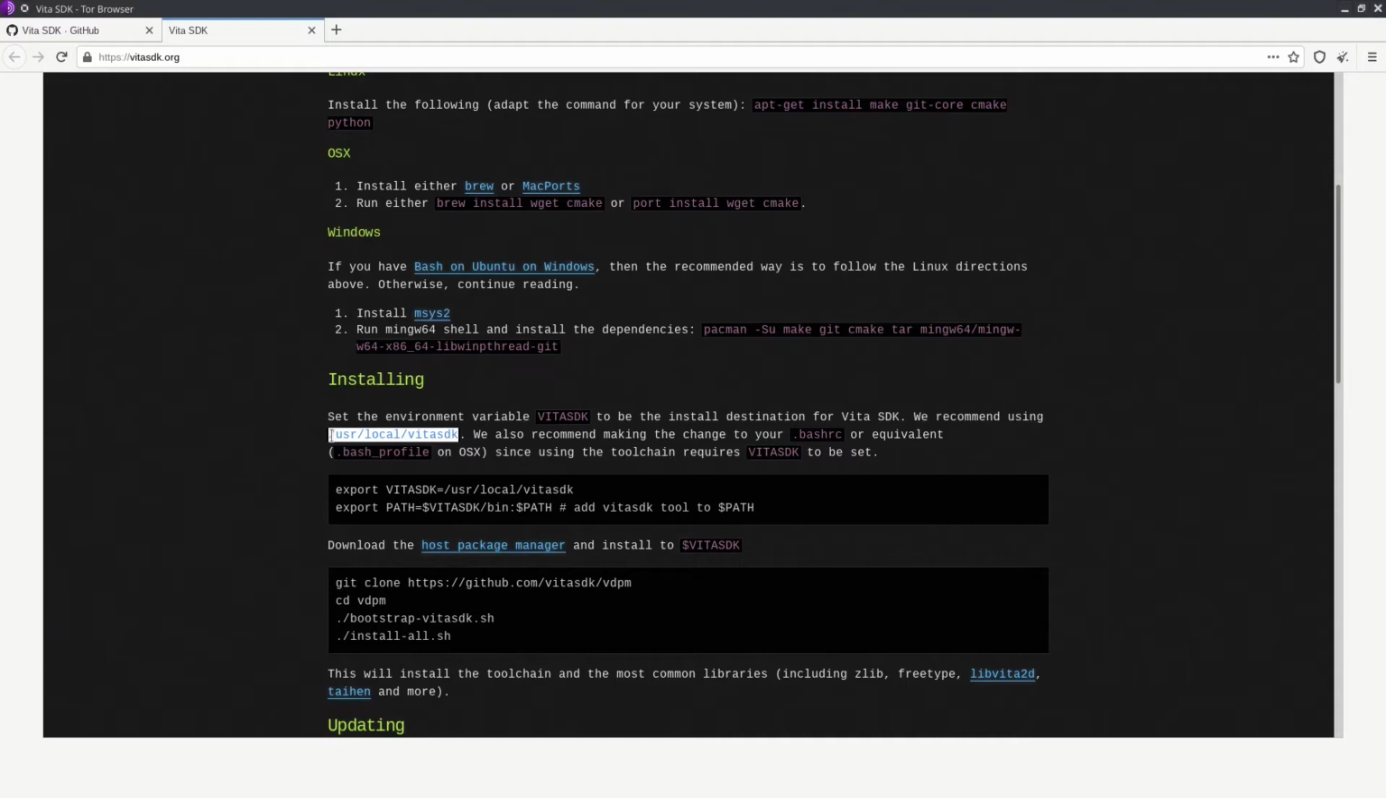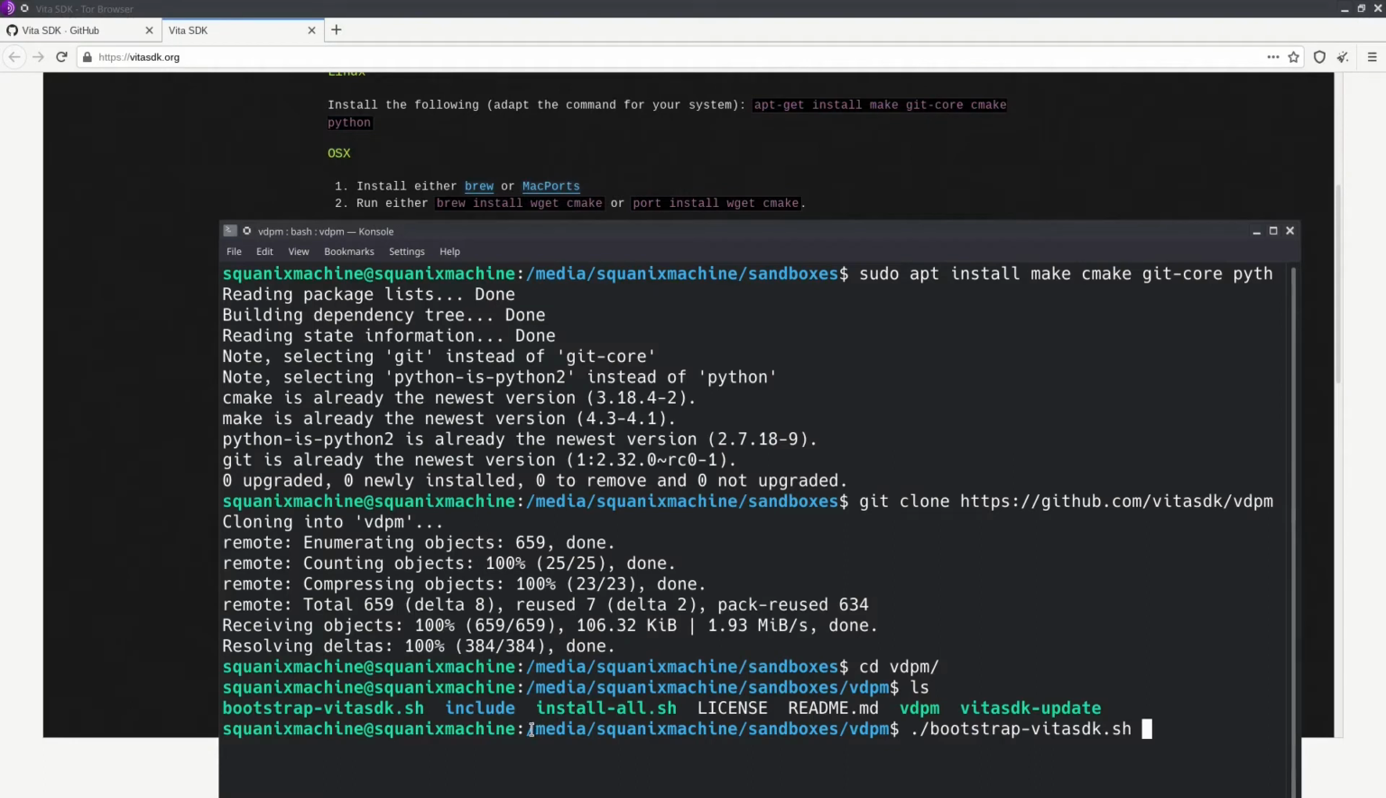If you want to change the installation directory, I want to change it to another directory, that is this media squanic machines and sandboxes directory. In this directory, there is a test. I specified this directory to test all kinds of new environments. So to change the